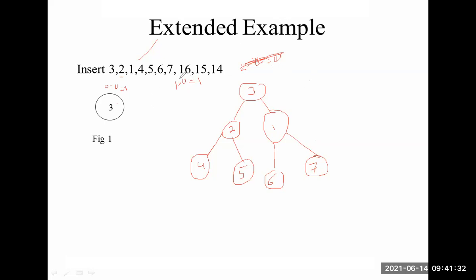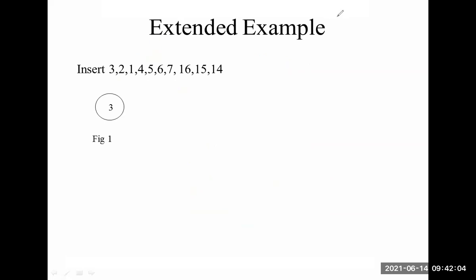Next you have to insert 16 here. Where am I going to insert? Here. Then check the balancing factor. 1, 2, 3 nodes are there. 3 minus 2, that equals 1. So it is also an AVL tree. You cannot perform any operation. Here 15. Okay, here we cannot perform any operation. So in this way you have to construct the AVL tree. If there is any problem, then you have to perform rotation. Okay, so now I will show another example of how we perform rotation.